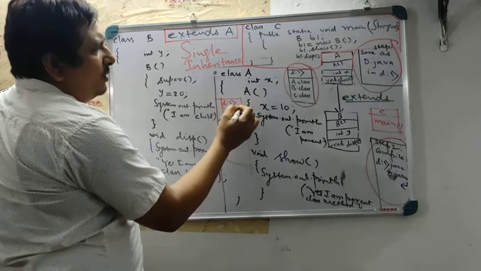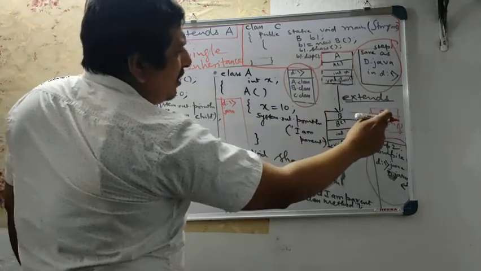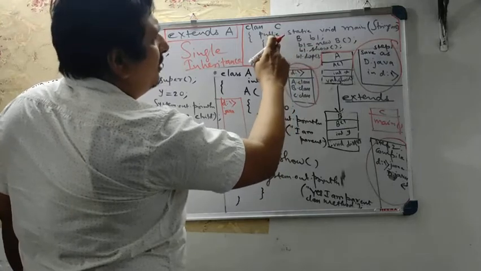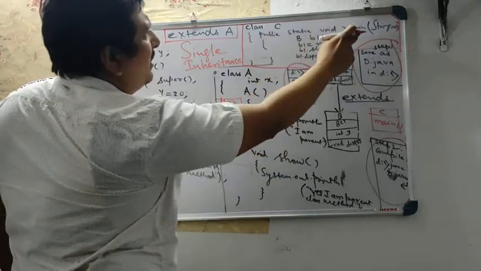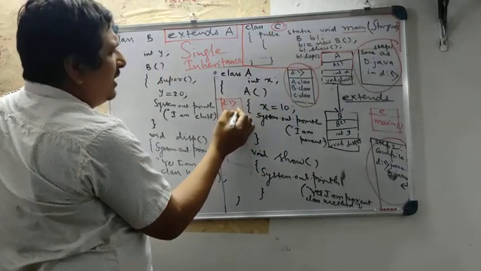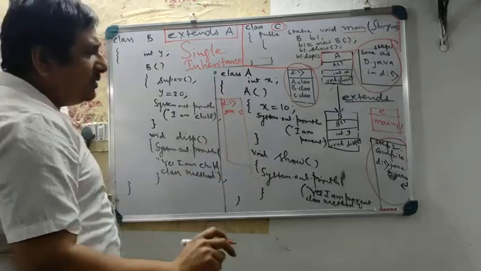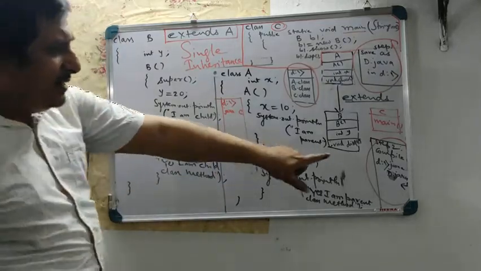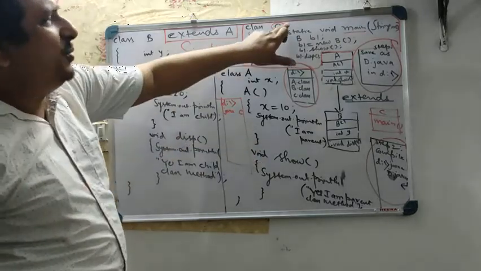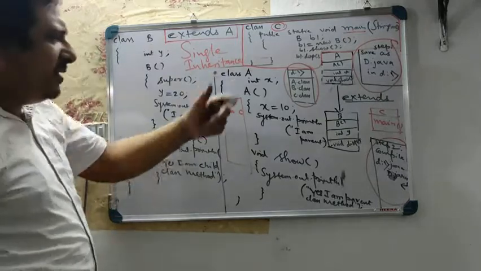and then what should I write? The name of the program is C, because here, see here, the class which contains main method is C. Yes or no? So what should I write here? Java space C. Don't think otherwise that it is Java C. It is Java space C. C is the name of the program. I have defined it with the name C. That's why I am writing like this.